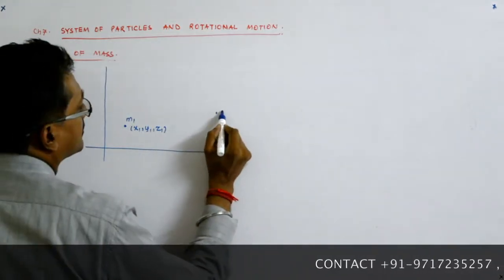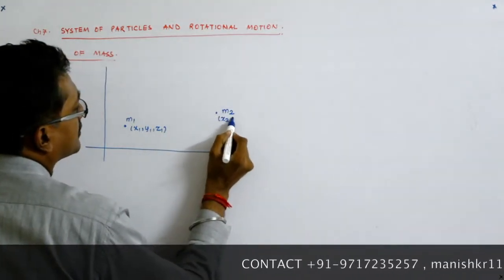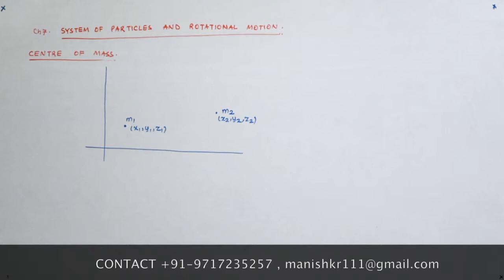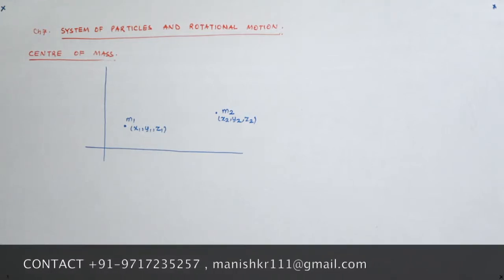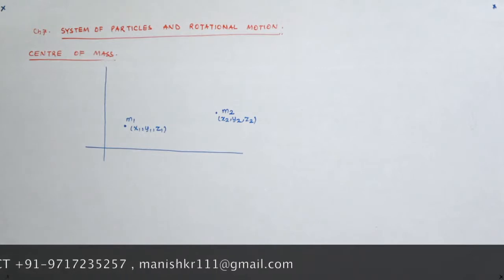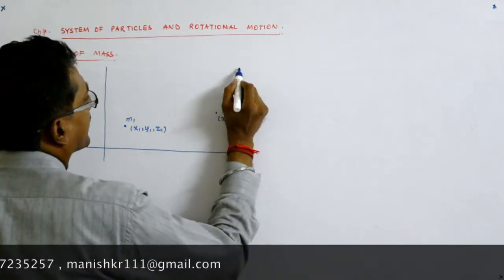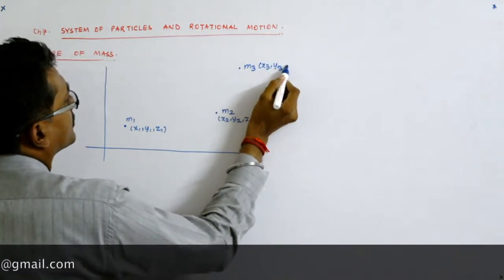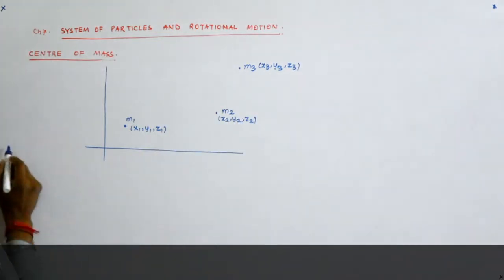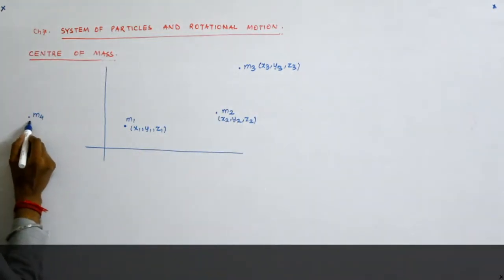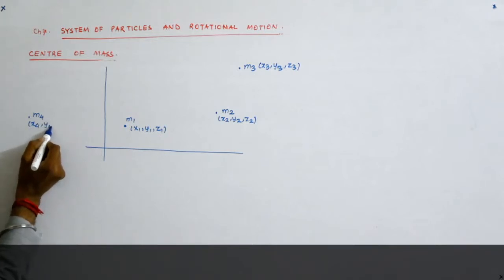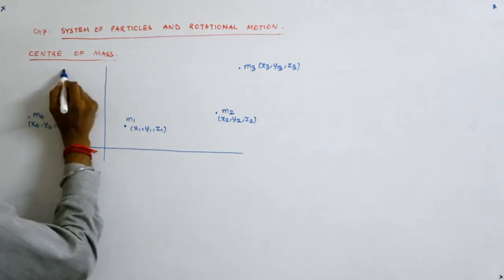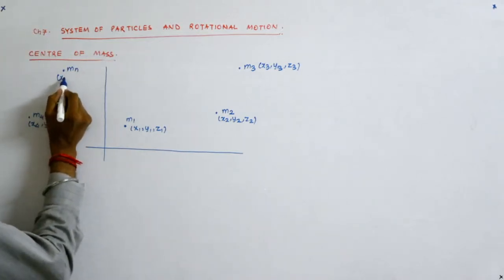Say m2 is here, then the corresponding x2, y2 and z2 are this. We get the point. And say it is m3, then the corresponding coordinates are x3, y3, z3, and maybe m4 is here, then it is x4, y4 and z4, and somewhere there say it is mn, xn,